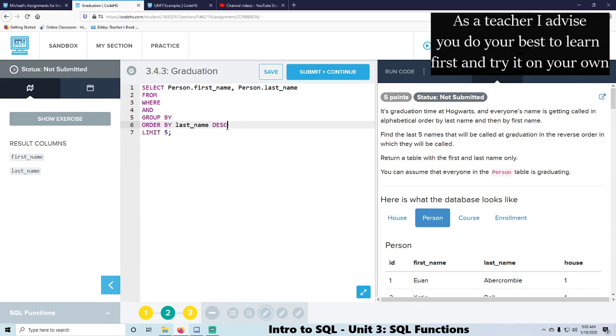This needs to be descending too. Because if it was last name, it would start with A's and go to Z's, but we want the Z's to A's. Cool. I don't think we're counting anything, so we don't need to group it if we're not counting, right? So we're selecting from the person,